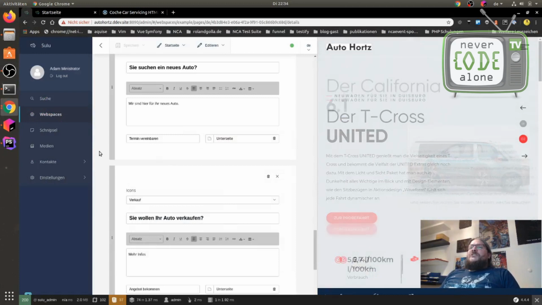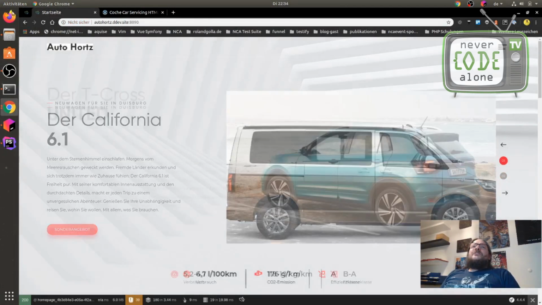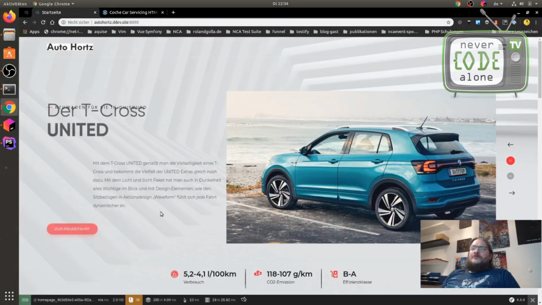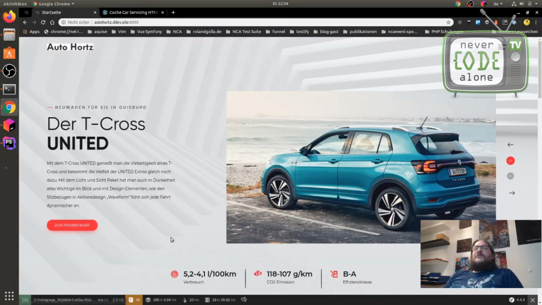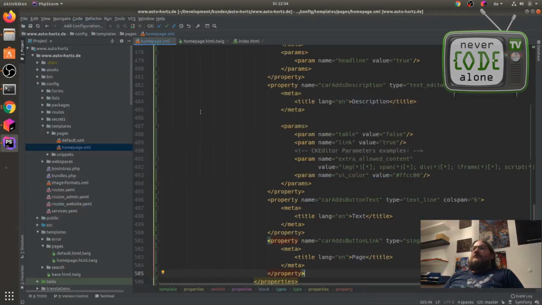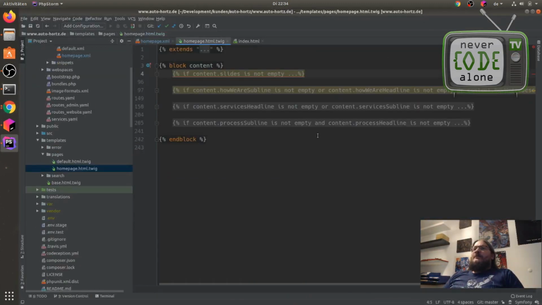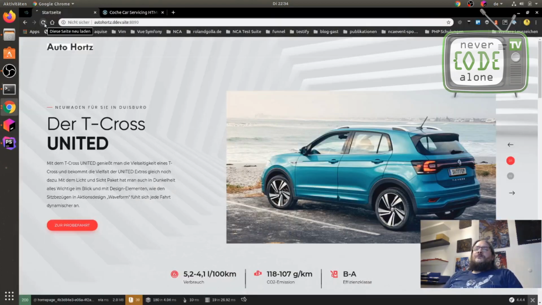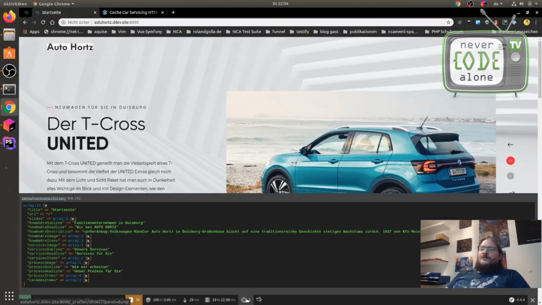When we publish it here, we also have it on our front end. I have to check if I have our dump here. There's no dump in the template. Okay, we go to the template. Maybe we say here we want to dump content as internal. Okay, and when we re-render the front end, we now have our target symbol here.